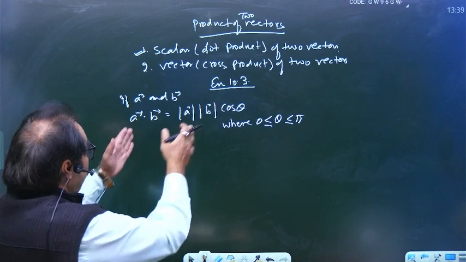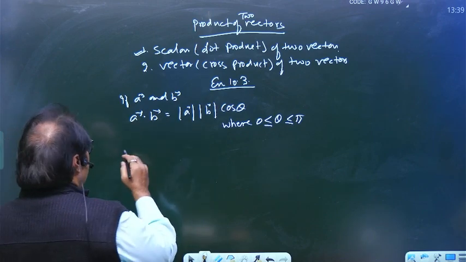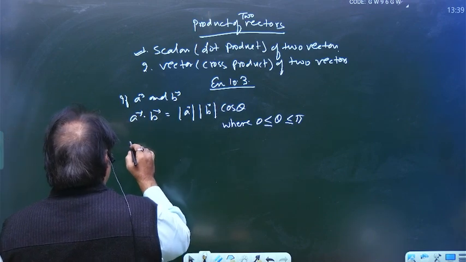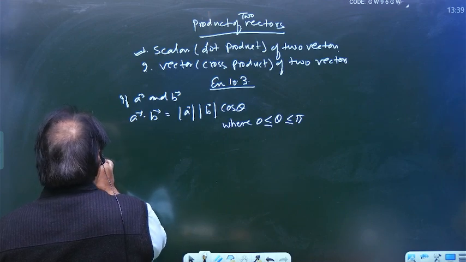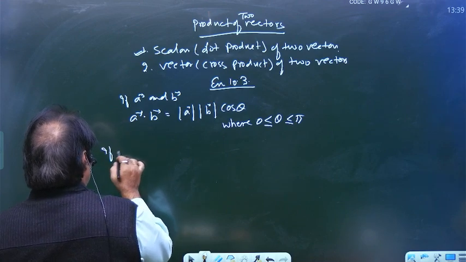Now from this definition we can come to the conclusion that, first case,